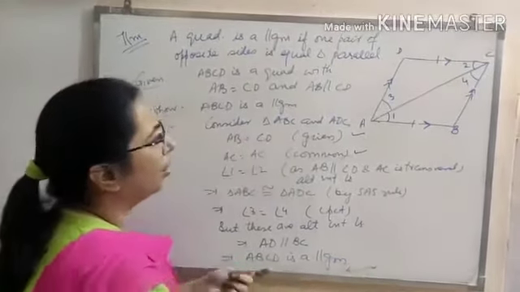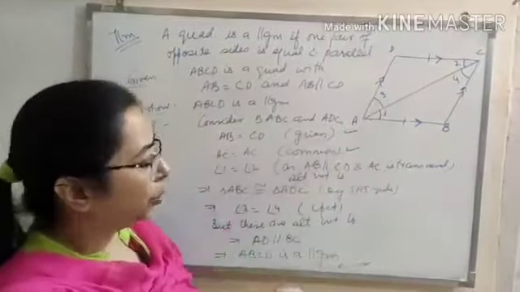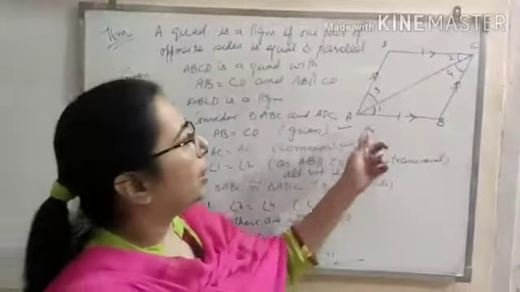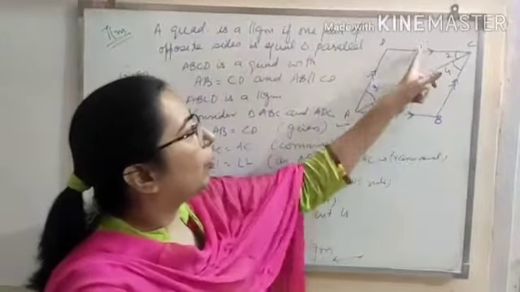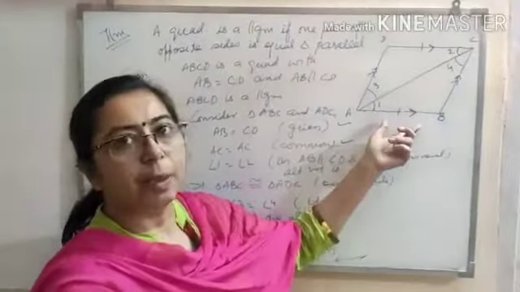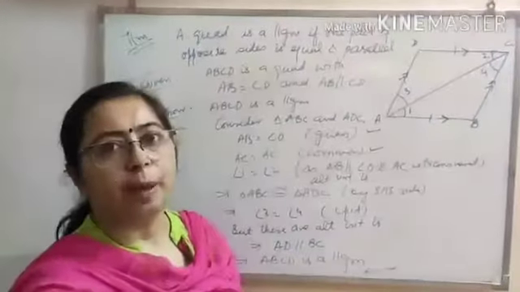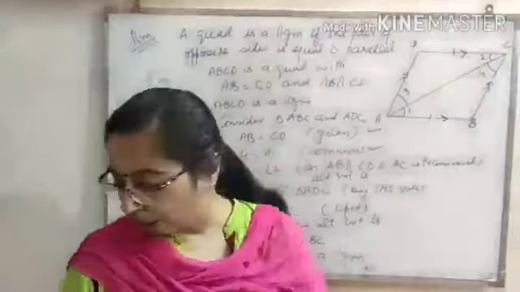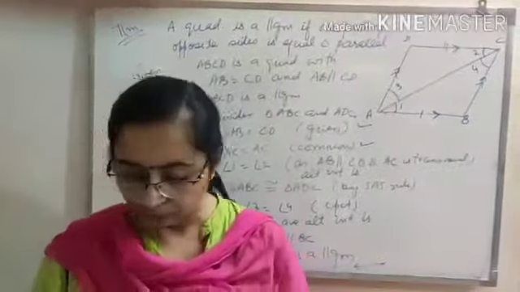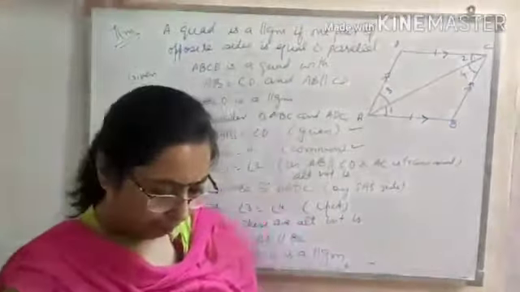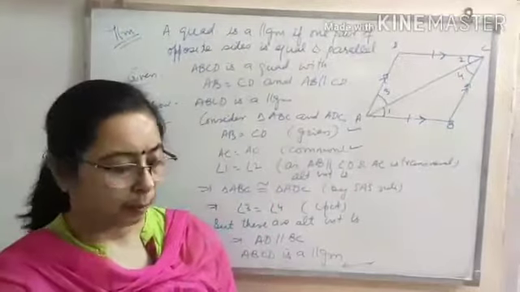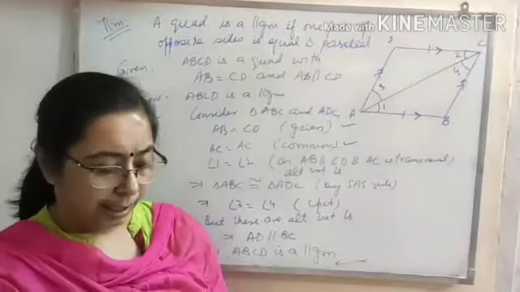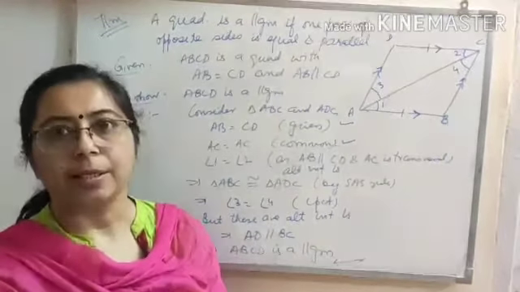So this is another condition to prove that a given quadrilateral is a parallelogram. If one pair of opposite sides is equal as well as parallel, then you can say it is a parallelogram. Based on this, you have the last example 6, in which you have to prove the parallelograms. This is a very easy example and you can do it yourself, and then we will start with the next exercise 8.1.